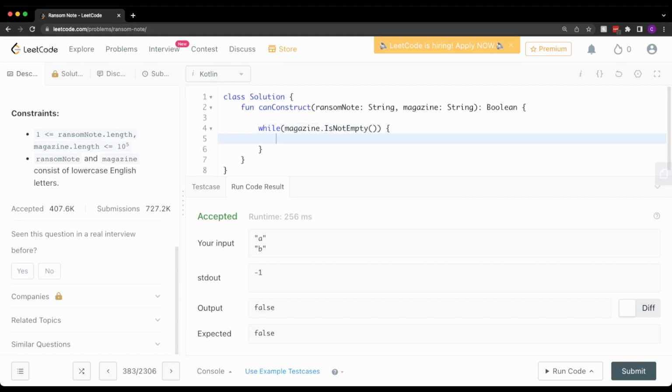This should be a Kotlin check to see if a string is empty. We might need to use is empty and then do the opposite with the exclamation mark at the beginning, but we'll see. While magazine is not empty,